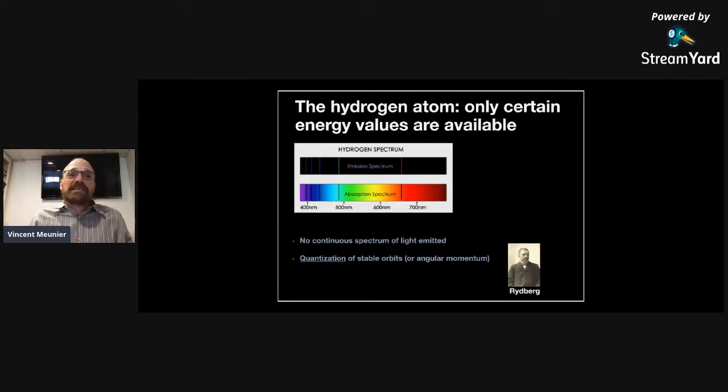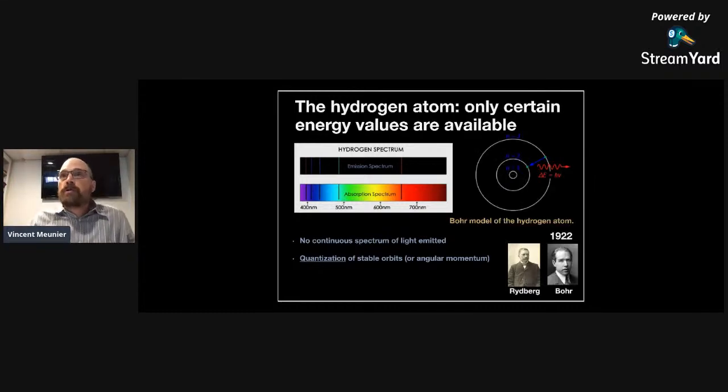I show this example because all the students who are listening today who took an introductory quantum course know about this, because you solved the hydrogen atom. You solved for the energy levels of the hydrogen atom, and those levels are purely quantum mechanical. They could be explained by Bohr's model, which needed to be refined later. But again, the Bohr model came from the quantization of momentum and of energy. So again, something is missing here.